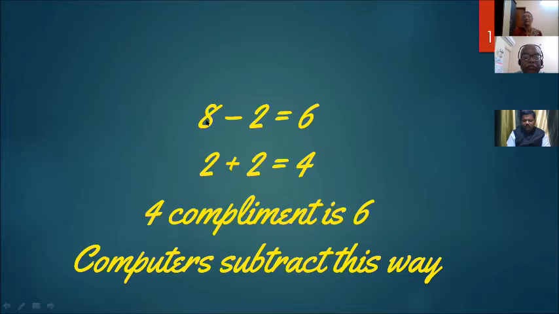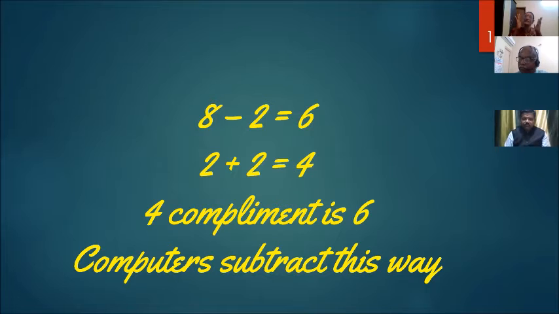The complement of 8 with respect to 10 is 2, then this 2 is added to 2, which gives you 4, and the complement of 4 is 6. Therefore, the answer is 6. Why I am bringing it here is that our computers and calculators use only this analogy for working out subtraction sums. By pressing one simple button, we are able to get the answers.